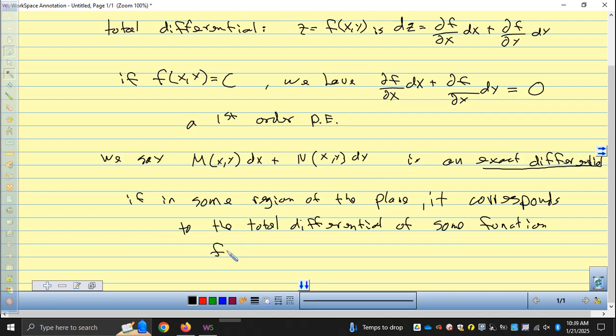So I'm just going to say f of x y is our function in the region. And if this thing equals 0, we call that an exact equation